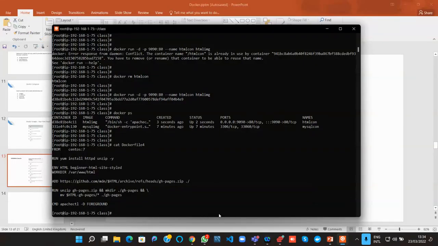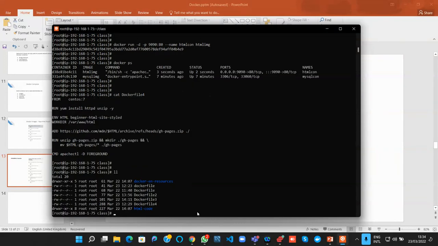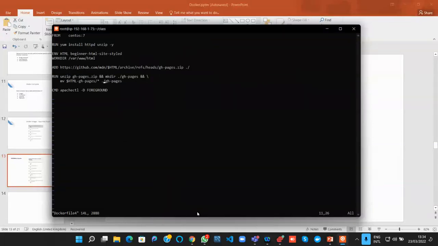Okay, so that's how these are used. Now, for the Dockerfile, I can come up and give this image a label. At the top of here, I can just say LABEL, and I can say maintainer. Maintainer is